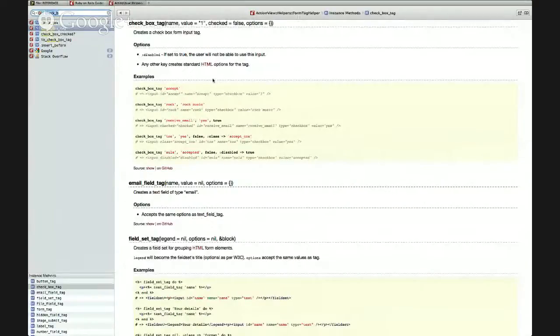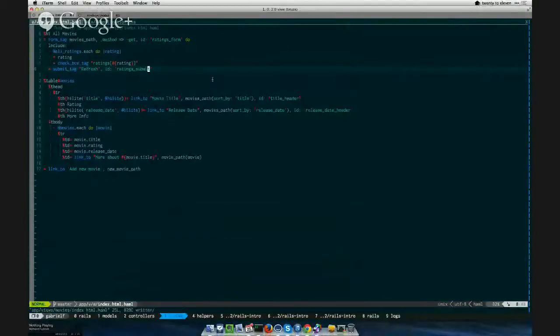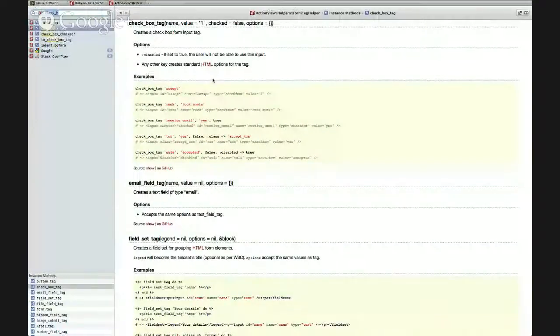Okay, so let's see. Checkbox tag. Yes, true. Class. So it's basically the tag. It has a name, and then whether it's checked or not. So what you can do here is make another helper on screen for